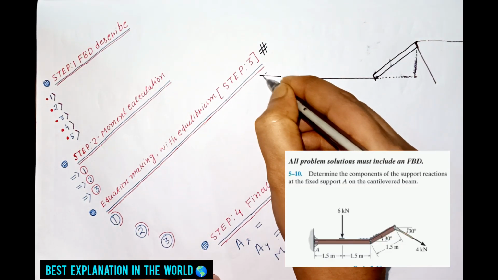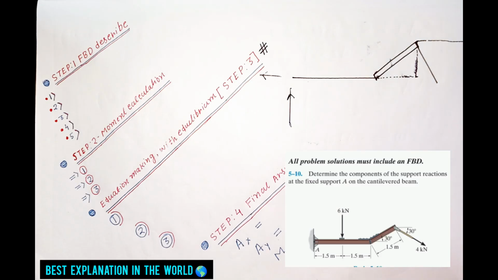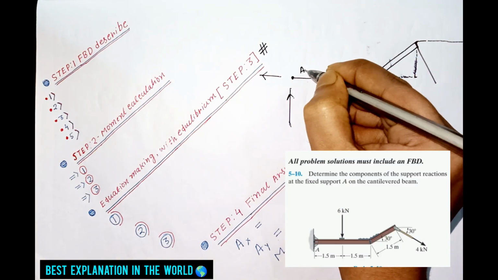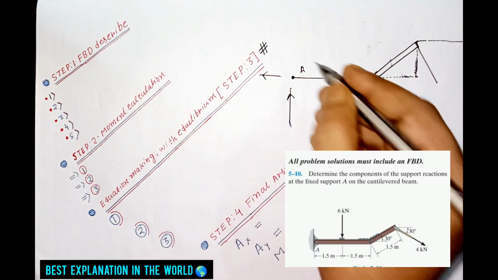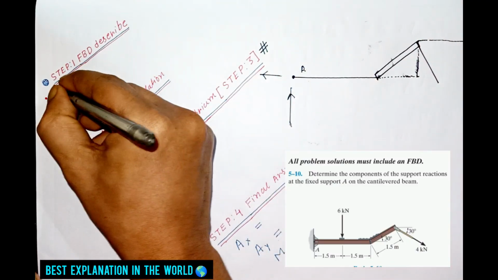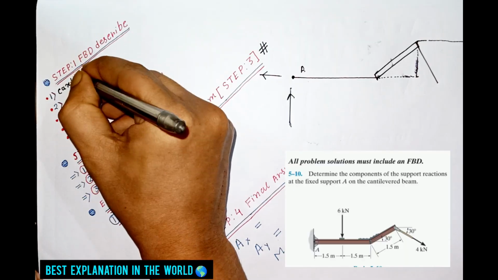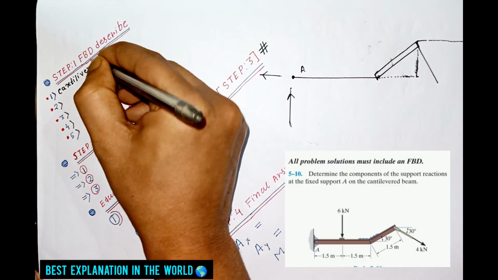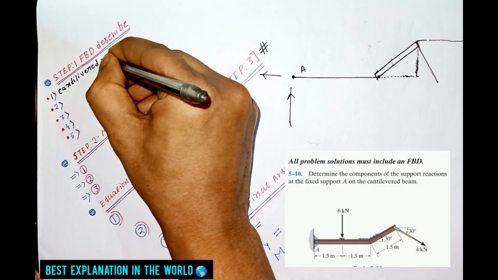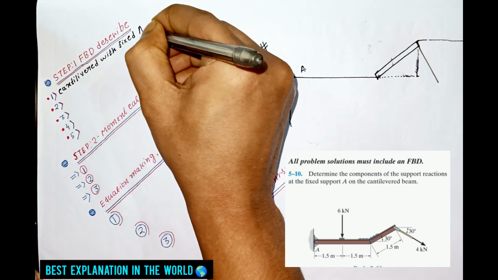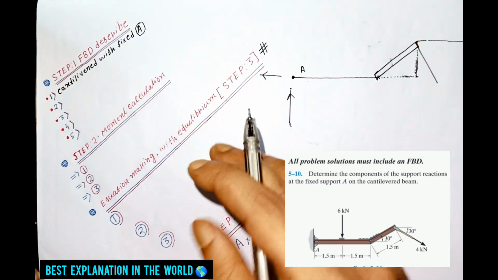Here the section, here the point, let it be capital A. Not let, this is given by the question, I am not giving it. Capital A is the point where the support is fixed. The support is a cantilever. Okay, the term you have to remember, like kink, lever, etc.